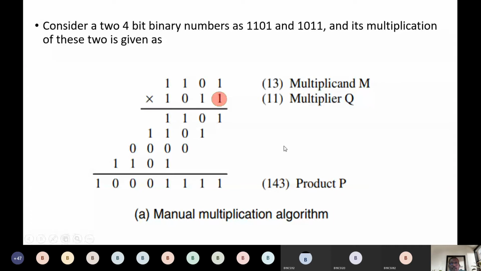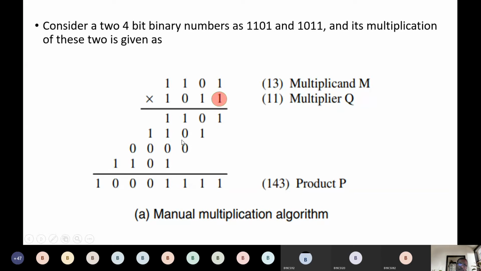Okay. But one important thing you need to remember is, in hardware, if you want to add all this, when we multiply, we have all these intermediate results, right? We will add all this. So in hardware, we will not add all these 4 numbers at a time. We will add first these 2 pairs, this 1101 and 110 we will add.